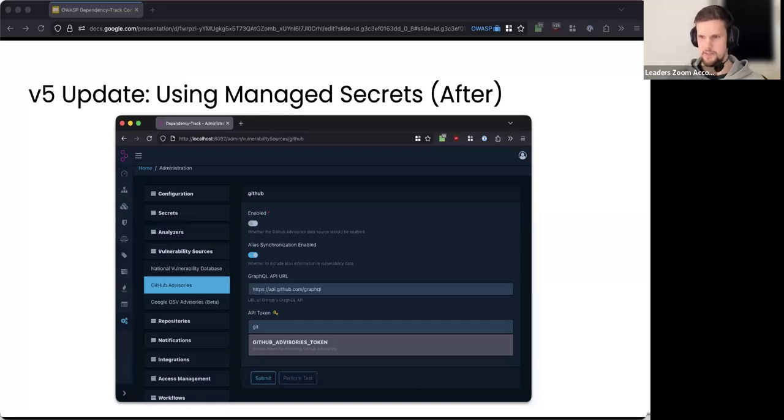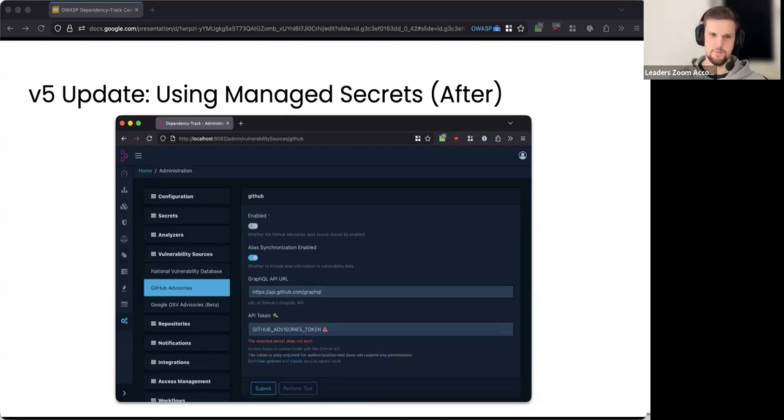And once you have selected it, you saved your configuration. Let's say someone evil comes around, they delete the secret from your secret management solution. It will also show you, hey, this secret does not exist anymore. And obviously you cannot enter a secret that doesn't exist to begin with, right? So there's much more guidance as to what values you can input here. And if something is misconfigured, it will show it better or surface this information.